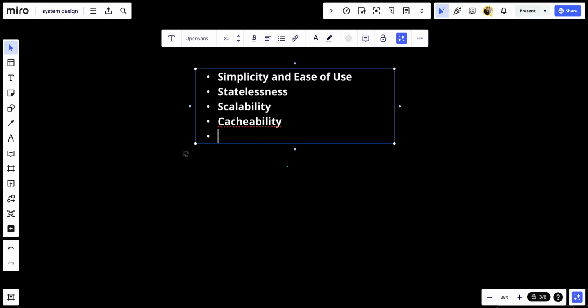Number five, flexibility and portability. Output from REST APIs can be rendered in XML, JSON, or other formats based on client needs, making it easy to structure the data in a way that can be best utilized by the client. This flexibility allows REST APIs to be used in a variety of system environments and platforms.